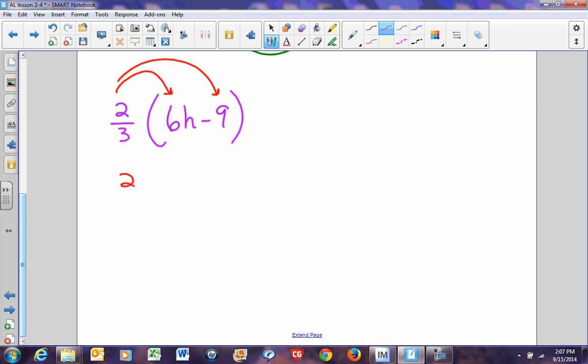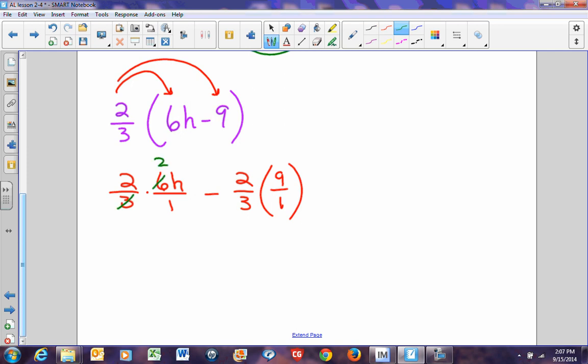So I'm going to have 2/3 times 6h. And remember, a whole number can be written over 1. And then I'm going to subtract 2/3 times 9 over 1. Or I could do it plus the opposite. It doesn't really matter. Now, if I was looking at this to make it easier, I can say 3 goes